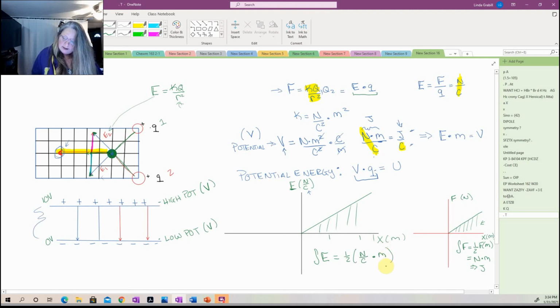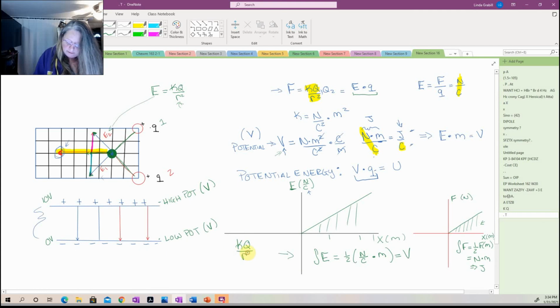Okay, so what is that? Newtons per coulomb times meter. Woo, that gives me potential. This gives me V. So it's not quite what we're looking for. Not quite, if we want energy. But if I want to integrate the electric field, then my KQ